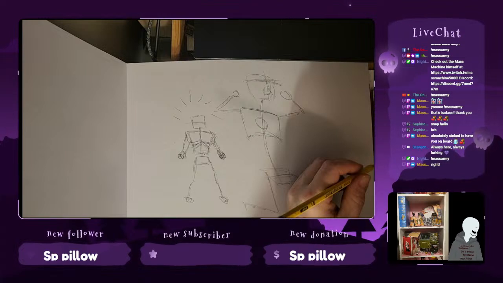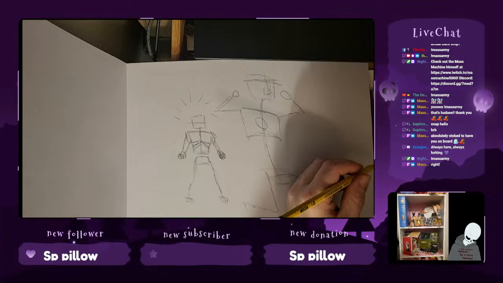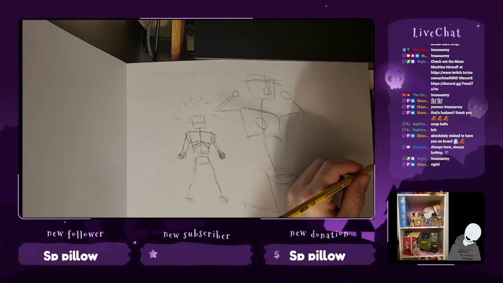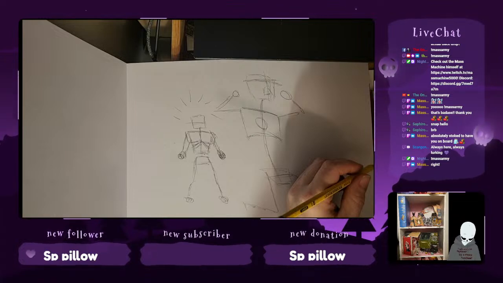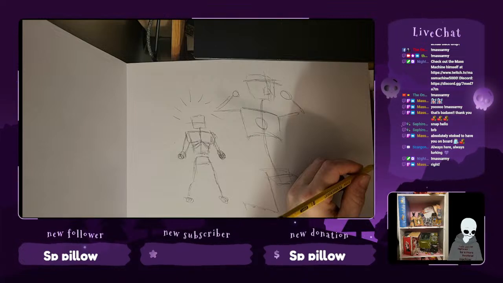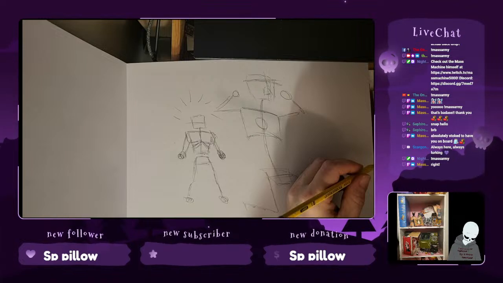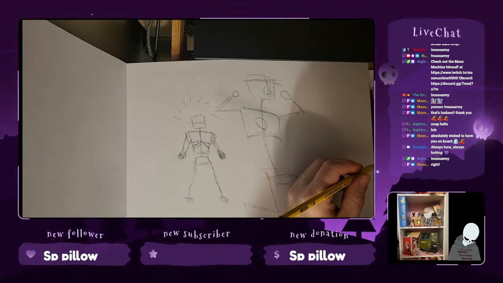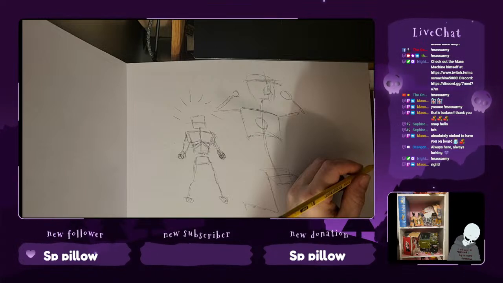So this is a huge challenge for me because, as you know, if you've been here, I draw stupid cartoon monsters. I don't draw people. But I think a robot is far enough removed from being a person that we can get away with it, right?